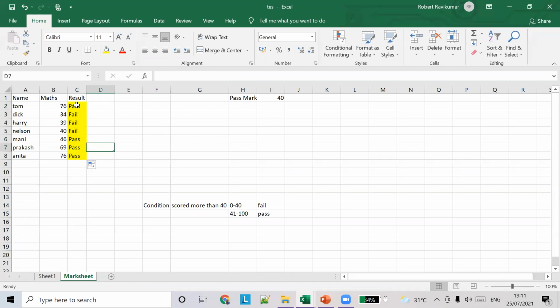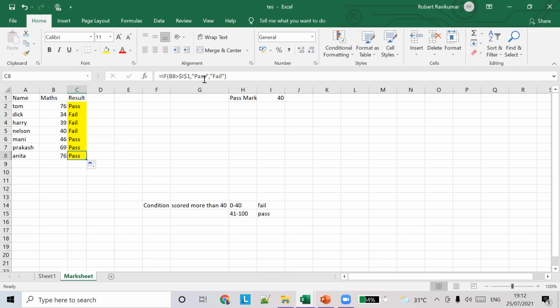See, it worked. Now see the difference: it is always I1 here. Even if you use the fill handle, the pass mark is always the same, and it always refers to the same cell, $I$1. So what we did is absolute reference. I think you guys forgot. We learned about absolute reference 1 or 2 weeks back, right? Okay, we learned it.